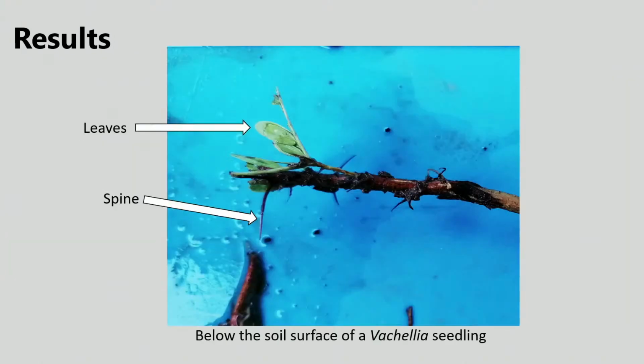During our final measures, we cut seedlings at the soil surface and removed the below ground tissue, and we found something really interesting. We found leaves and spines below the soil surface in Vachellia seedlings. We had not seen this in younger seedlings when we harvested them, so we decided to conduct an analysis using the change in height of the lowest bud between day 6 and day 60 of the control individuals.